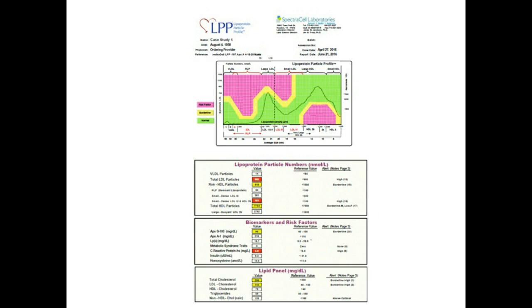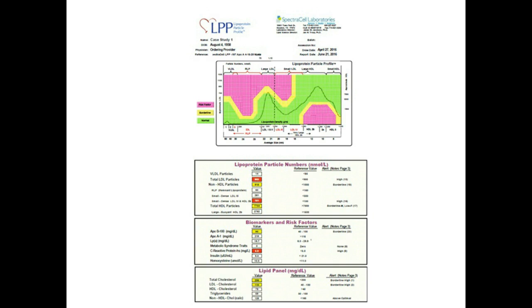As you know, or maybe you don't know, there are three HDLs: HDL-2A, 2B, and 3. And it's the HDL-2B that we really want to be elevated. For that reason, if you're doing the standard lipid panel of just cholesterol, triglycerides, HDL, LDL, and maybe CRP, you are not getting the true picture of the HDL if it's elevated. The majority of that HDL may be 2A or maybe 3, when we really want it to be 2B. So once again, it's through this particular testing that it breaks it down into those different subsets